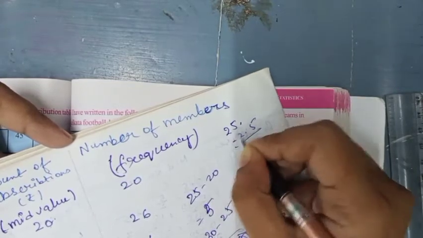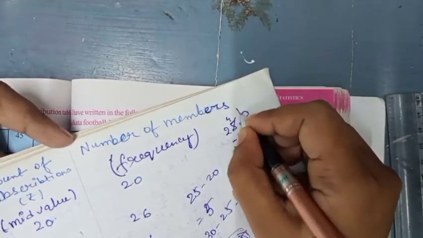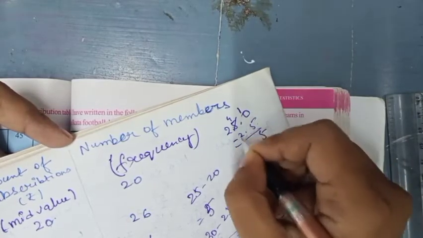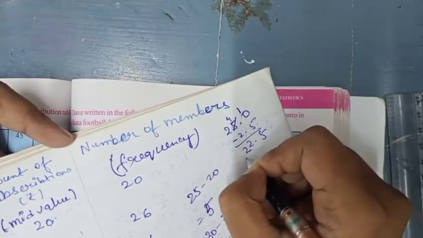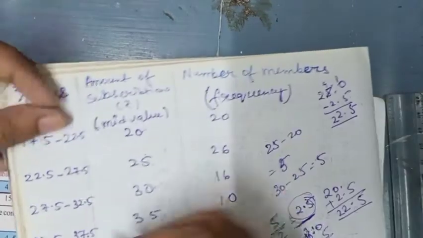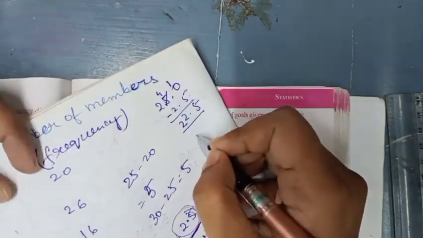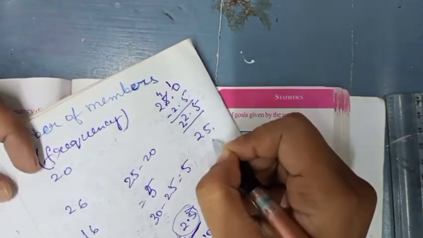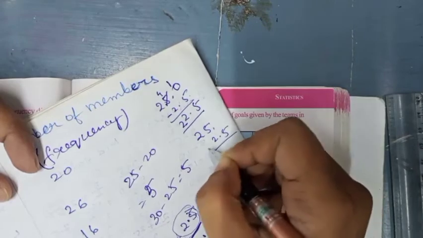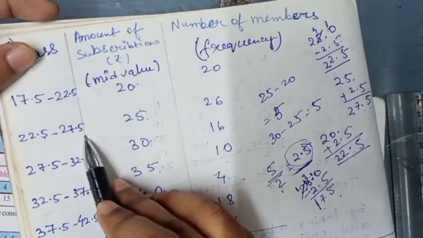2.5. So we have to write here 0. Now it will become 4. 10 minus 5, 5, 4 minus 2, 2 and 2. Means after subtraction you are getting 22.5. Means lower limit will be 22.5. Now upper limit means you have to add 2.5 in 25. It will give you 27.5. That is why I have written 27.5.